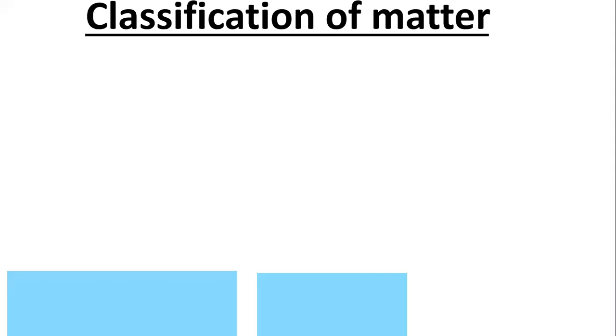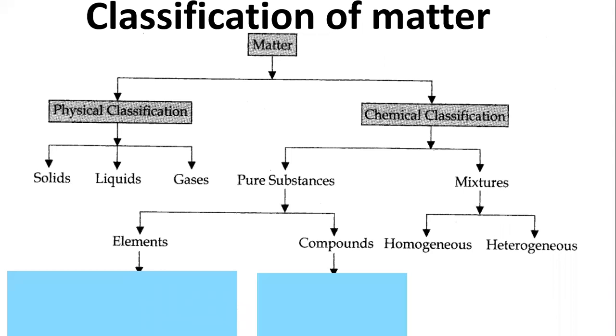Matter and its classification. Matter is nothing but something that has mass and occupies space. That is said to be matter. Suppose, for example, we take our pen, pencil, notebook, book, even the mobile that you are holding in your hand, or a computer or laptop. That is also matter, because each and every thing has a specific mass and occupies a particular space. That is said to be matter.